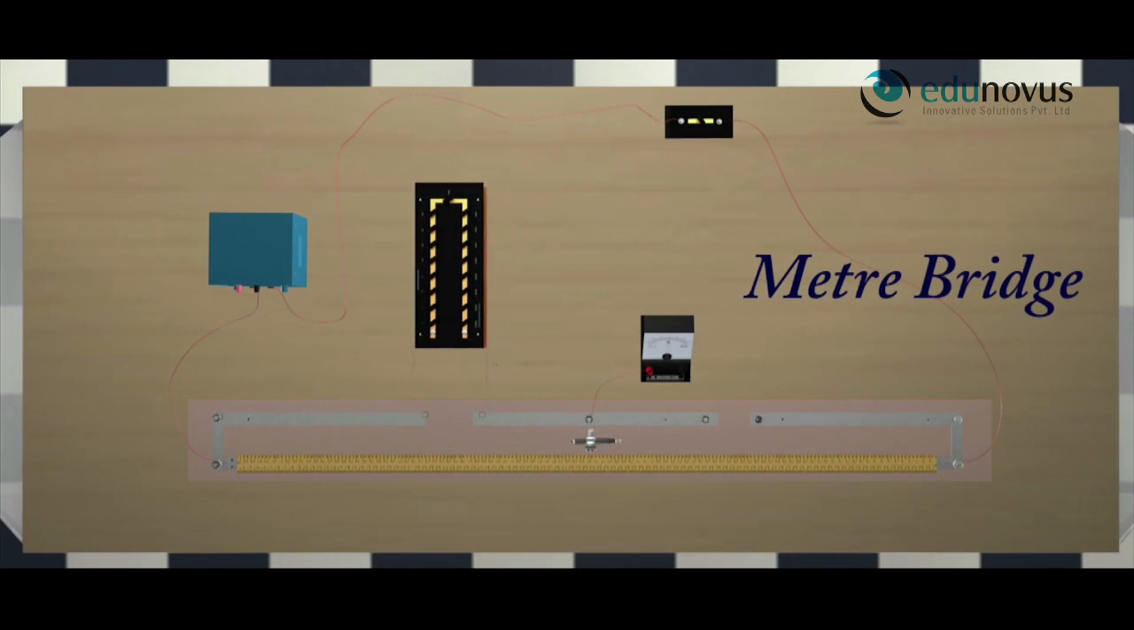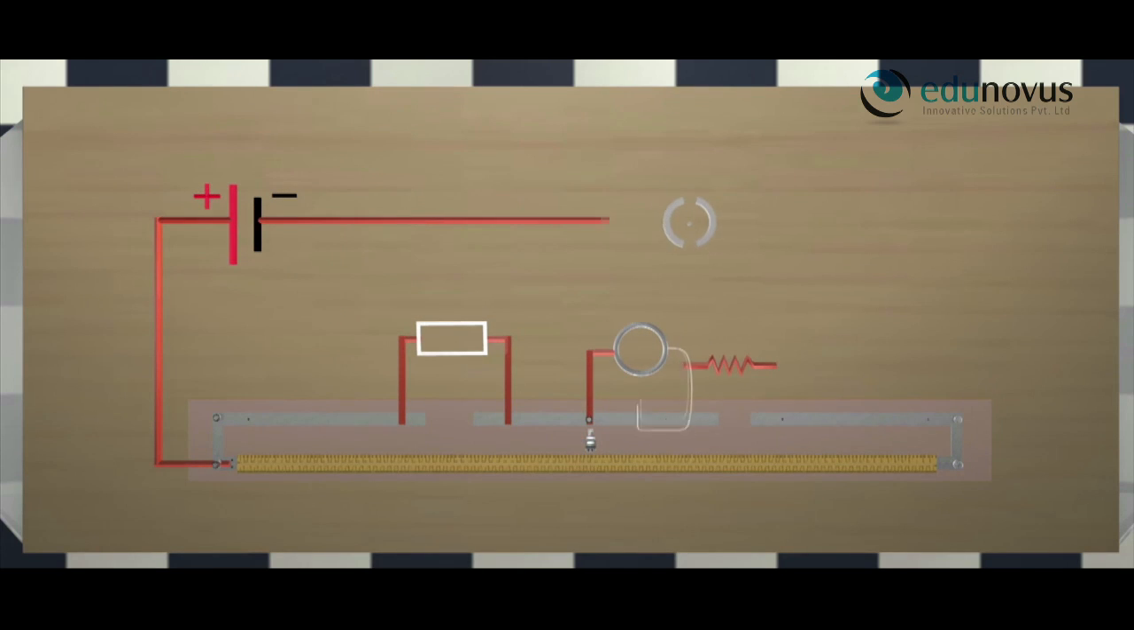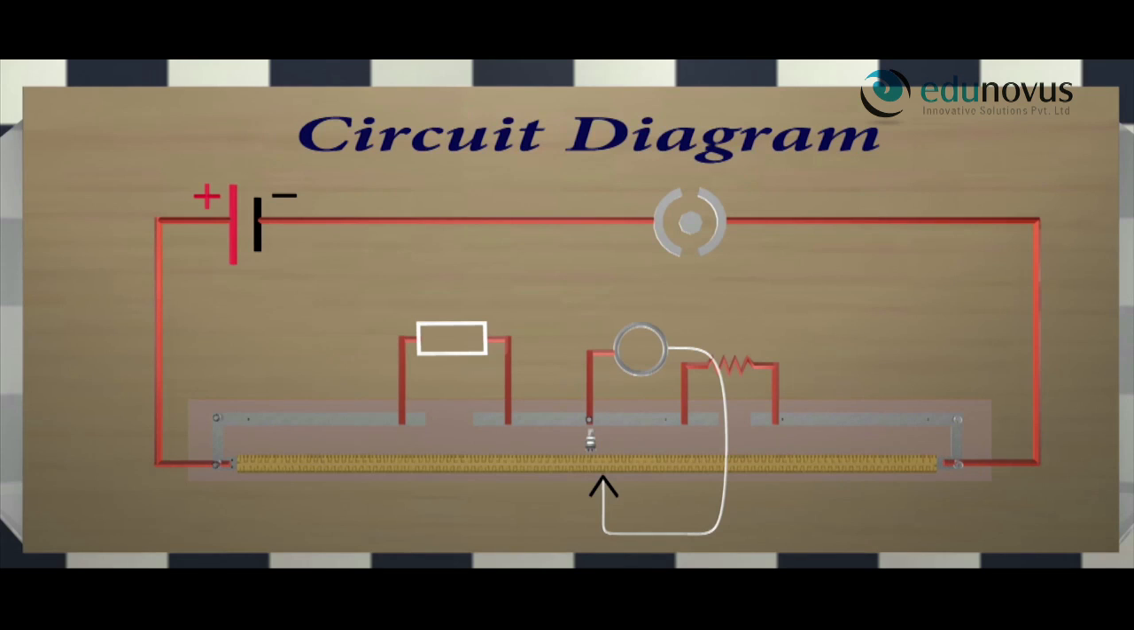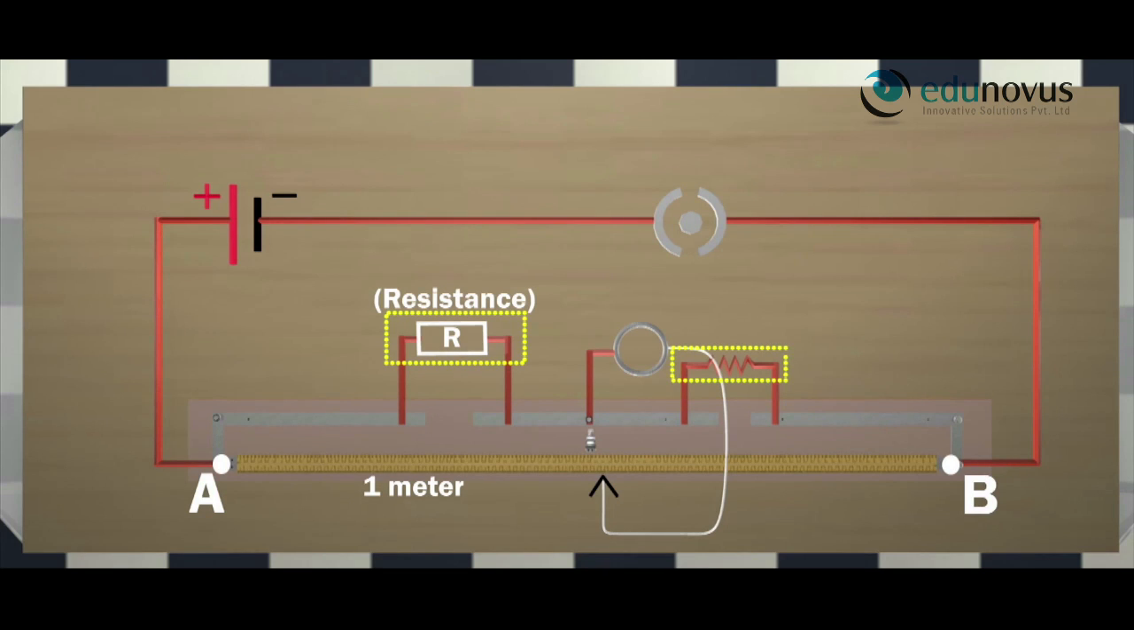This is a meter bridge, and this is the circuit diagram of a meter bridge. Here we can see that AB is the wire of length 1 meter, and there are two gaps in the metallic strip, left gap and the right gap. We have placed a known resistance R in the left gap and an unknown resistance X in the right gap. Between the two gaps, we have connected a galvanometer,